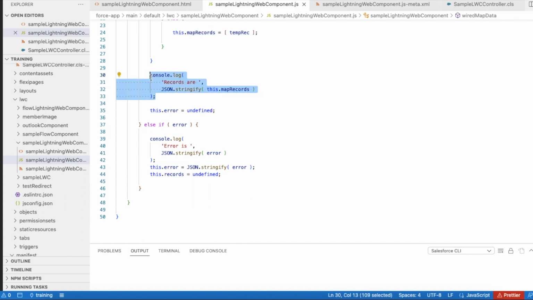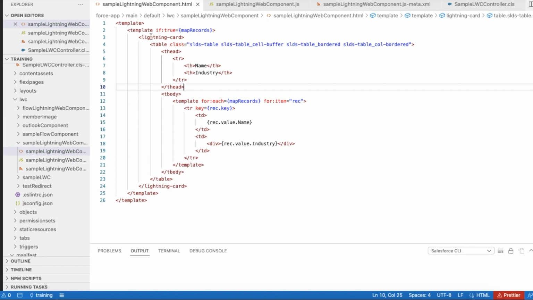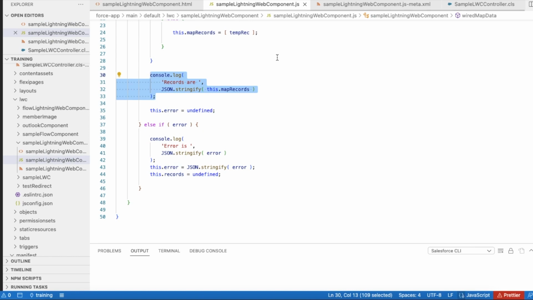and I have console.log statements to show the records. Next, in my Lightning Web Component, I am using the template for each framework, and here I am using map records variable. For each record I am using REC as the variable. For table row I am using the key as the key that is in the map return type, and for displaying the account records I am using value.name and value.industry. Here